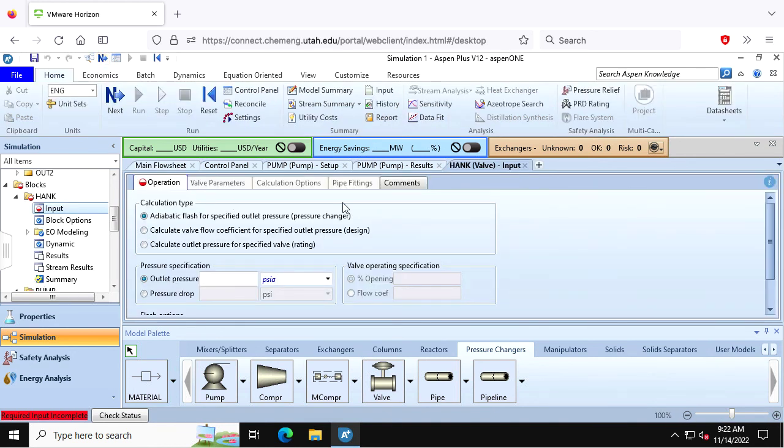and it's asking now for the valve properties, and it wants to know how do you want to calculate over the valve? Is it an adiabatic type thing, or do you want to calculate the flow coefficient for a specified outlet pressure? You probably haven't gotten into flow coefficients on valves. If you have a control valve, the flow coefficient means the gallons per minute of water that would flow through the valve for 1 psi pressure drop. And the numbers range from fractions to hundreds,